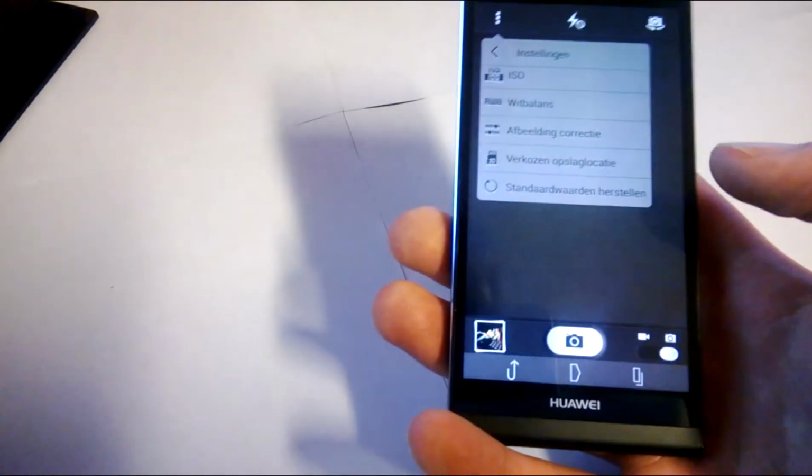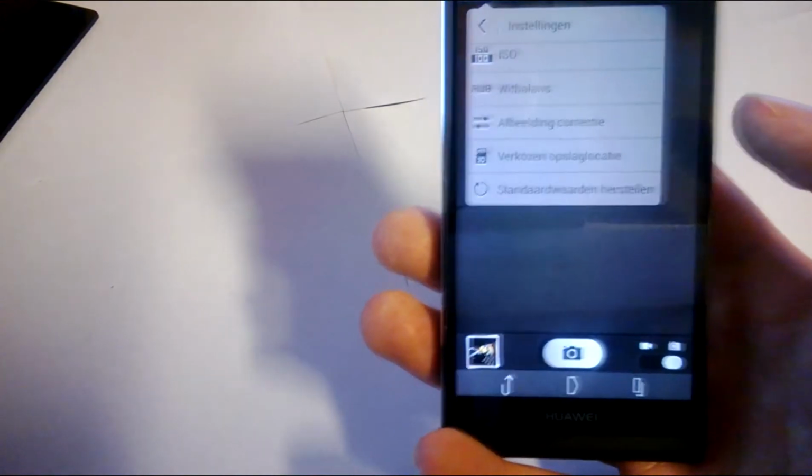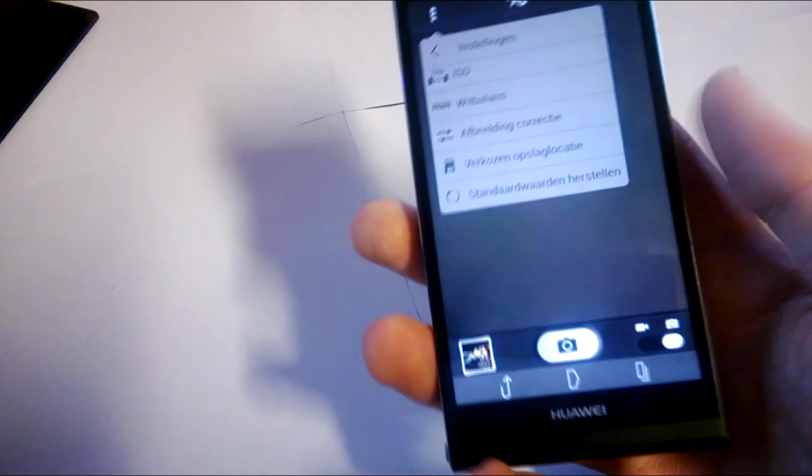But I'm just going to show you guys those test pictures right now with both the front cam and the rear cam, and after that I'm going to record the conclusion with this phone, and we'll then see what it's like, shall we? So guys, the front camera on the left, you can see me with the front 5 megapixel camera of the P6,